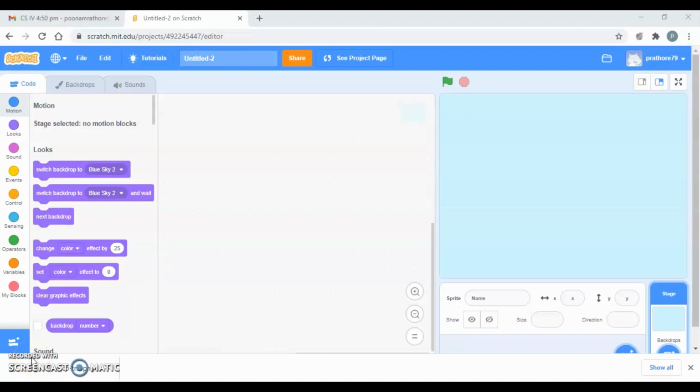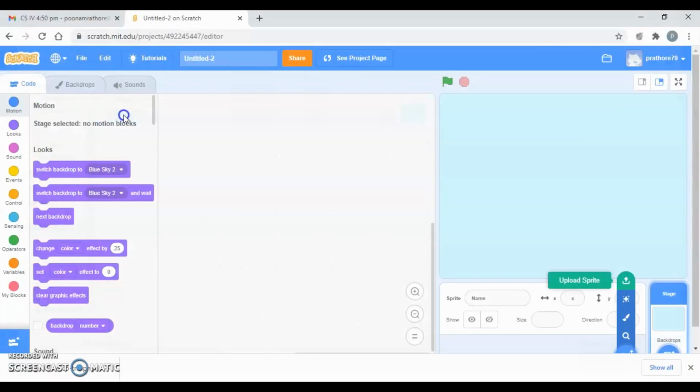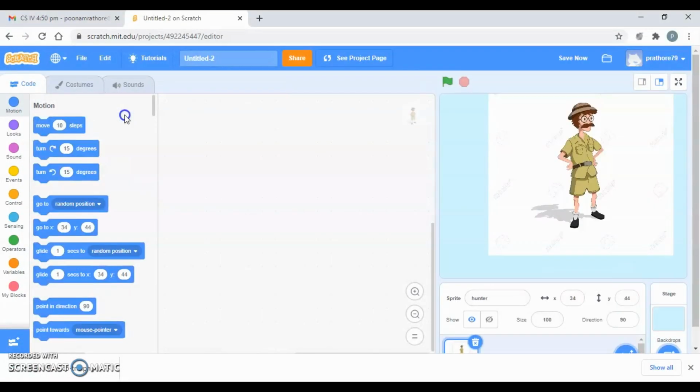Hello viewers, you are making a story, so you are facing the problem with the images that you import from Google. When you find an image on Google and then import it in Scratch, you have the white background. Just like I want to import a hunter image for my story, I just googled it and stored it in my system. This is the image now. It has got a white background. I need to remove it.